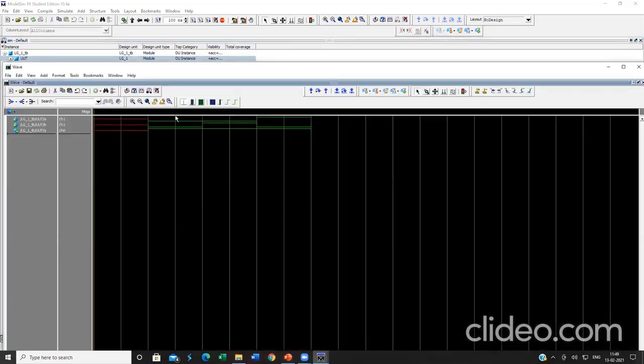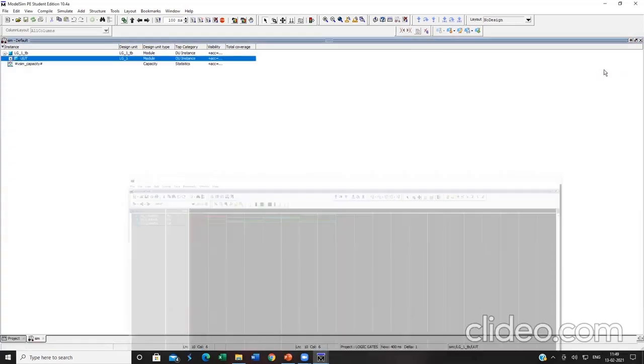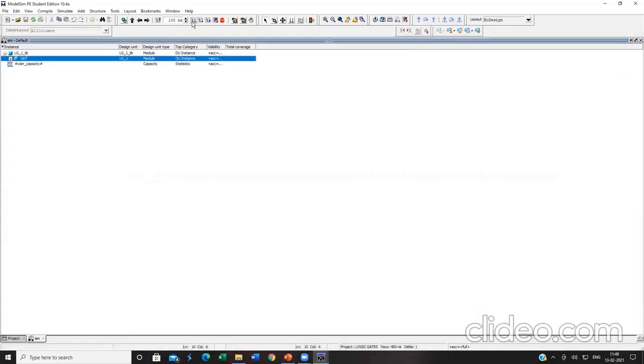The initial waveforms will be displayed over here. See, the waveform is about to get finished, but it is not being completed. So what you have to do is come back and go to the option called run. Initially, you have to give run all. Then in order to complete the waveform, you have to give run. Run all is present over here, run is present over here.